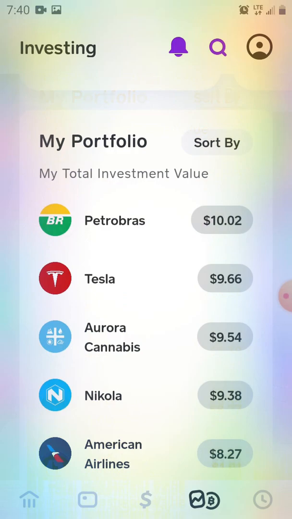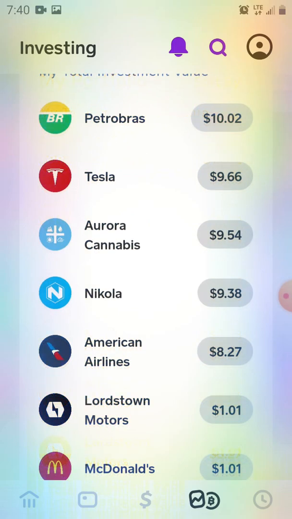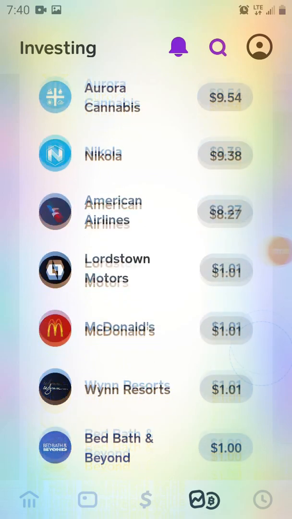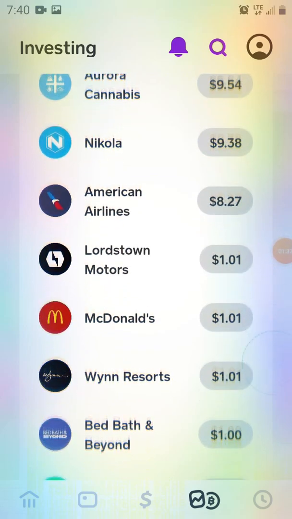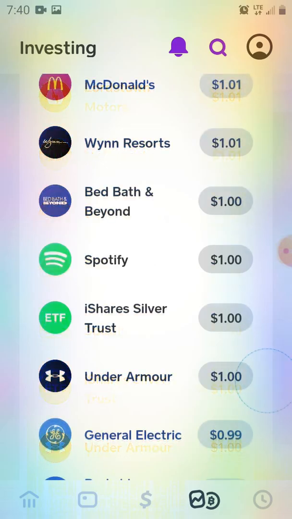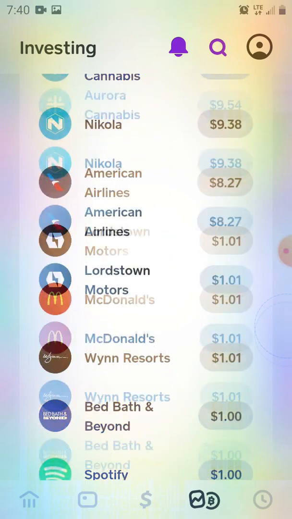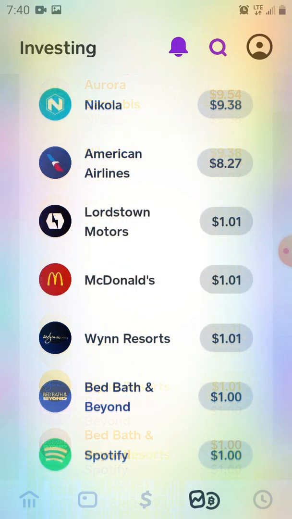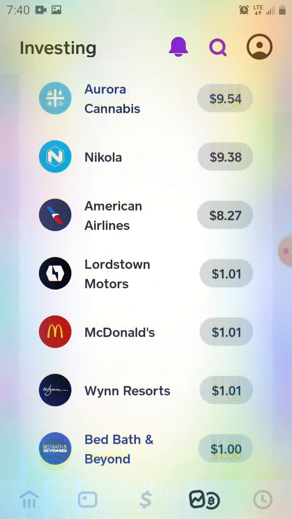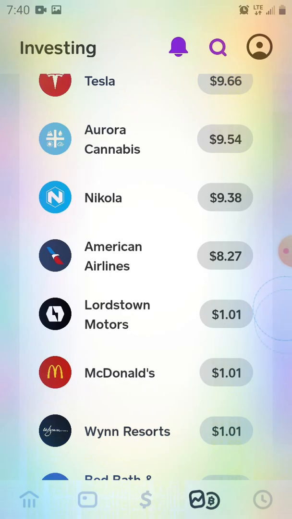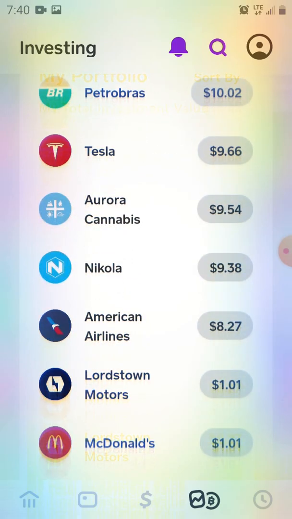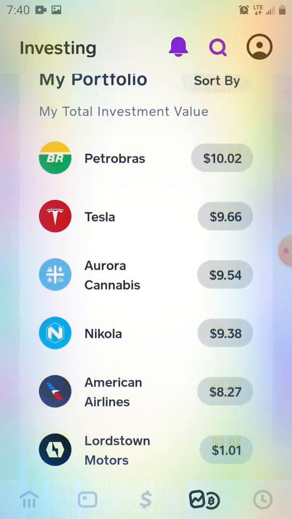So right there, I spent $10, and then these ones are down. Every one of those I spent $10, and this one I spent a dollar, and then it went up a little bit. But the reason that there's none that are significantly up is because I usually just spend $1 or $10 at a time, and I just made my trades for the day, and then